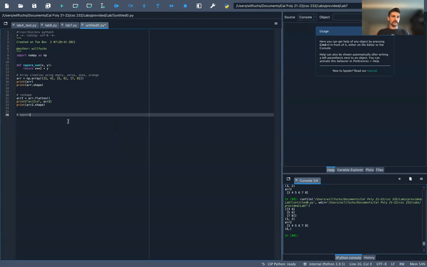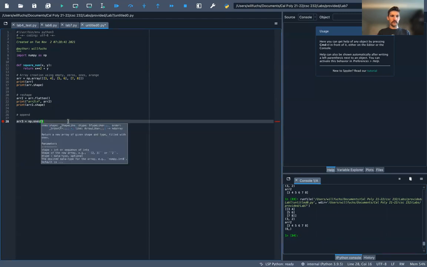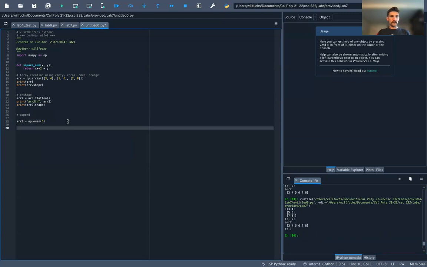Finally, there's append. And append just concatenates 2 arrays. Rather than appending an element to the end of an array, you can append a whole array to the end of an array, I believe. So we can make our array3. It's going to be the 1s, and we want 5 of them. And then